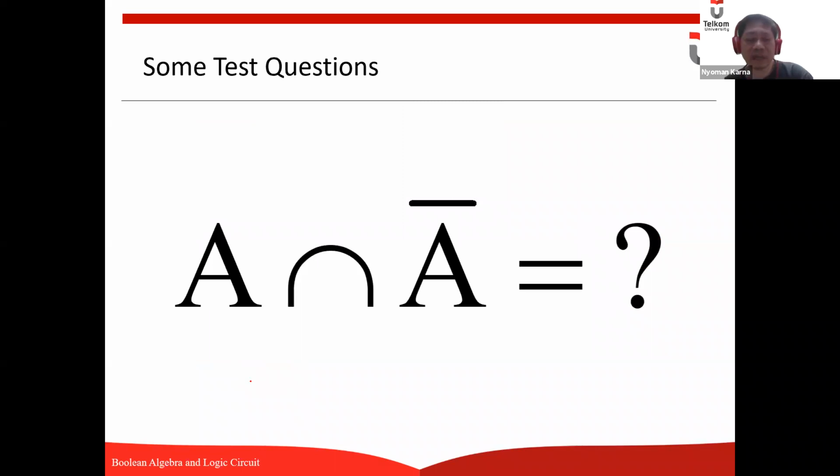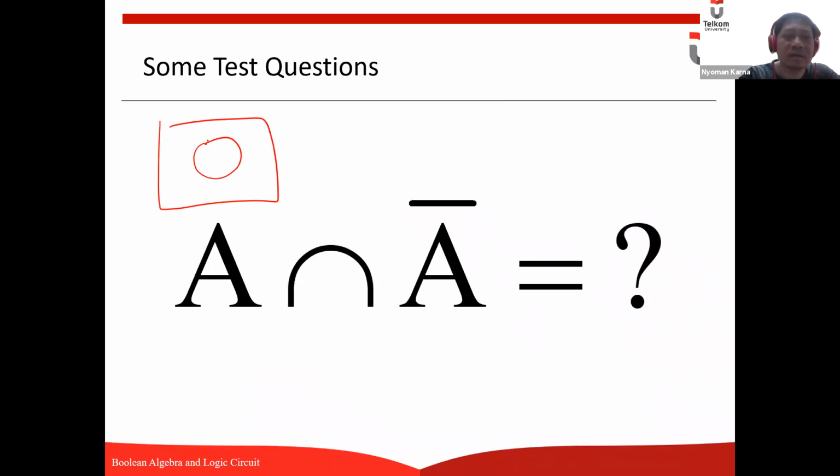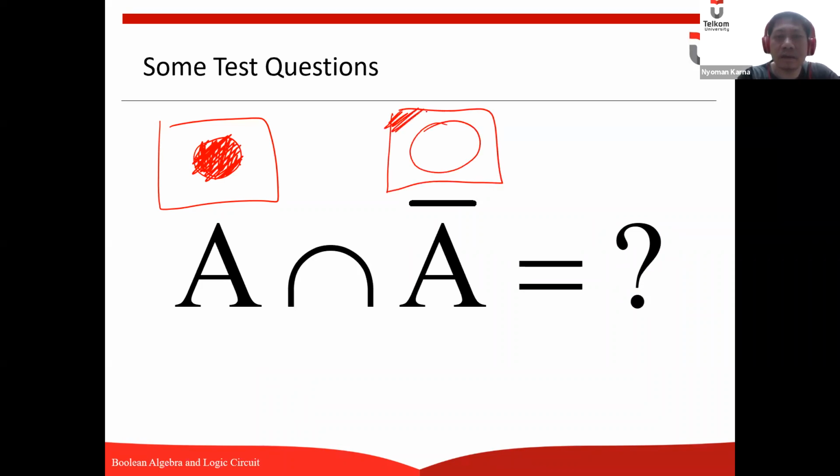Now, what is the intersect of A with complement of A? This is A, and then this is not A. What is the set that has the element of A and also the element of not A?